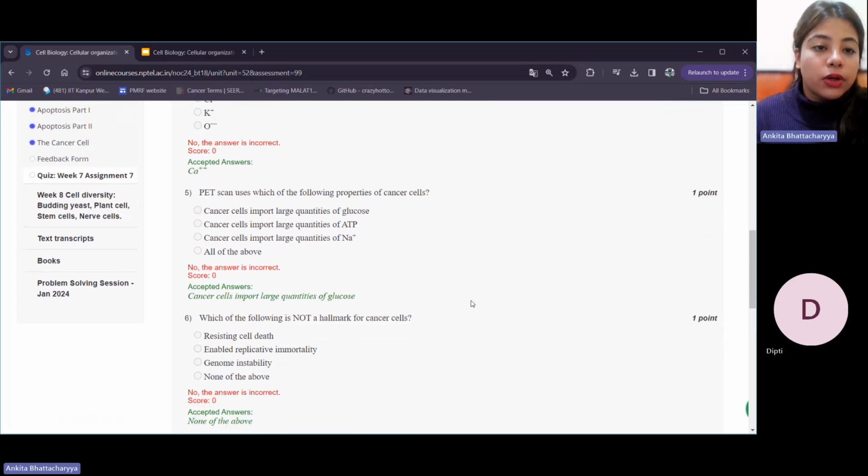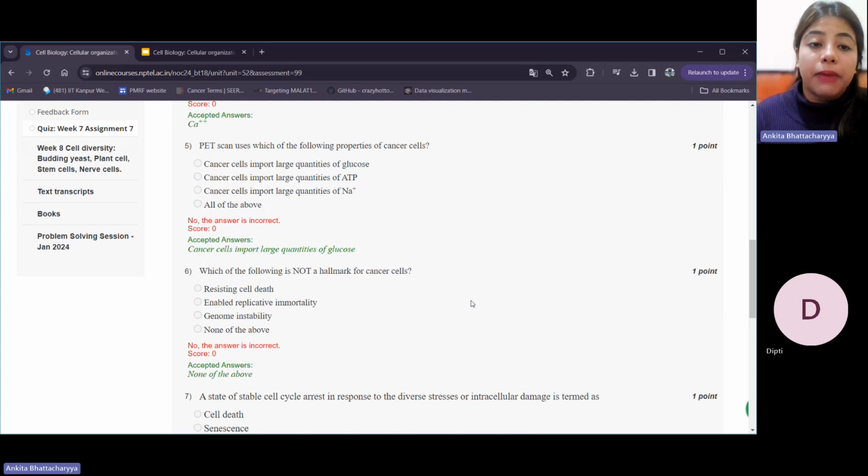Then in question 5, we have been asked about PET scan. PET scan is positron emission tomography. It is very commonly used in the current scenario within the hospital environment. In particular, it is prescribed for people who are diagnosed with cancer, or to check whether they have any metastases or any sort of tumors forming within their body. In fact, it is also used for some other disorders as well, some neurological disorders in particular.